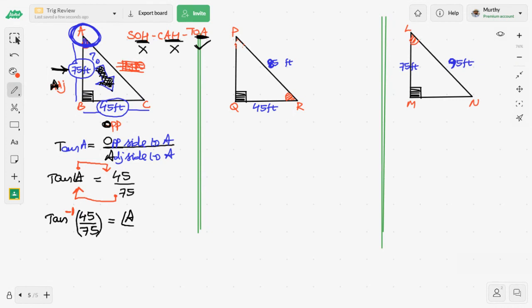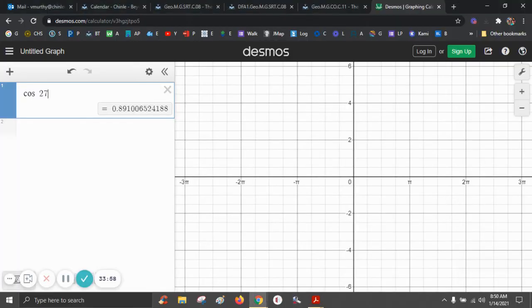Now let's see how to figure out this value: tan inverse 45 over 75. So let's quickly jump to Desmos. Then let me close this one. So tan, then to get the inverse symbol, make use of the keypad at the left bottom,